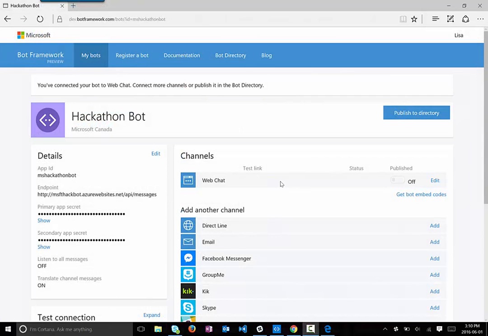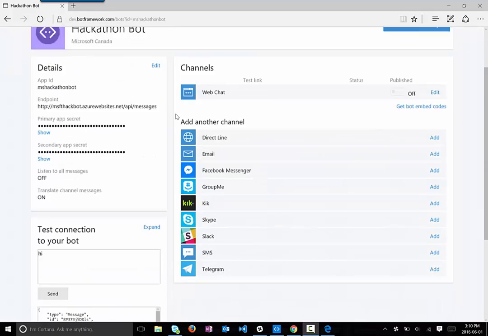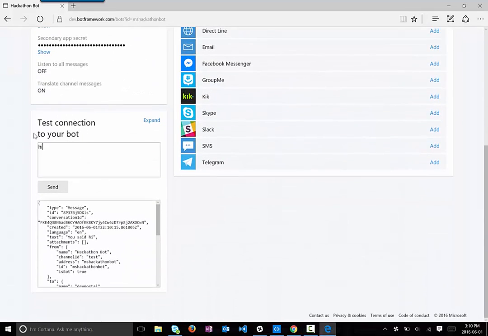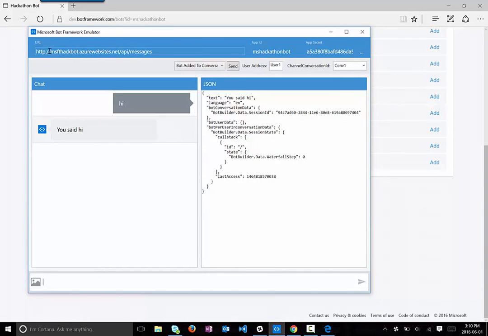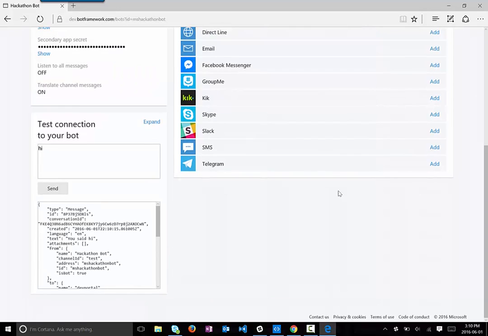Okay, go back to your dashboard and let's check that our Azure site works fine. So here you can put a little message and see if it's connecting properly, or you can go back to the bot emulator, change your URL, and here I've typed hi to see that the bot is working fine. So next,